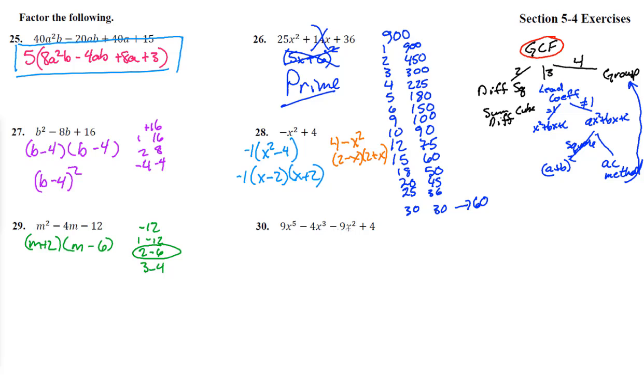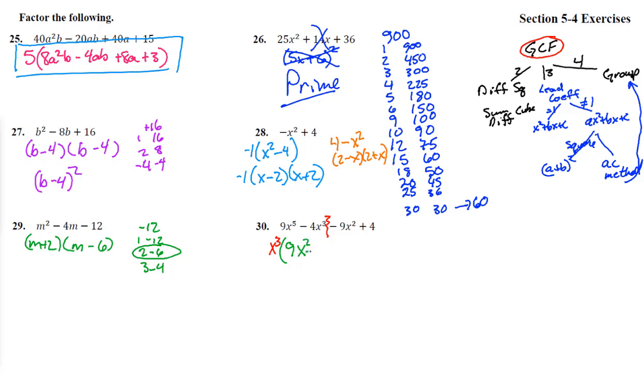All right, number 30, the final one. Ooh. This is kind of big. Let's see, is there a greatest common factor? I'm seeing 9s and 4s and 9s and 4s, so something's up. But there isn't a greatest common factor that we can do that with. So we're out here at 4 terms. So let's chop that up and see what we can pull out. We can pull out an x cubed, it looks like, is in both of them. And we're left with